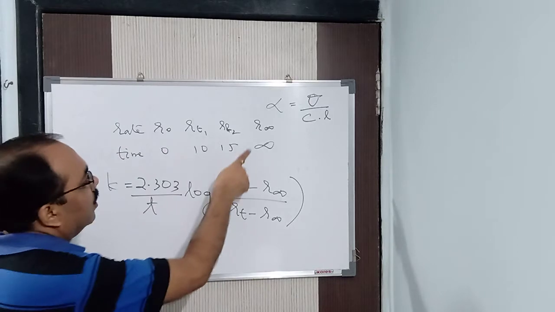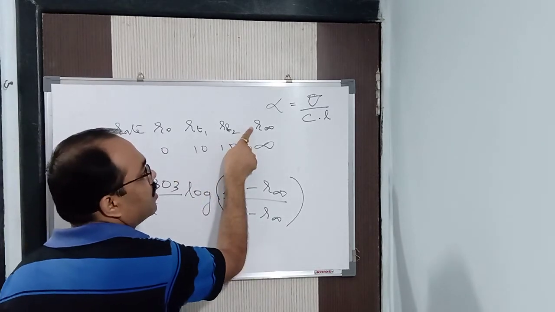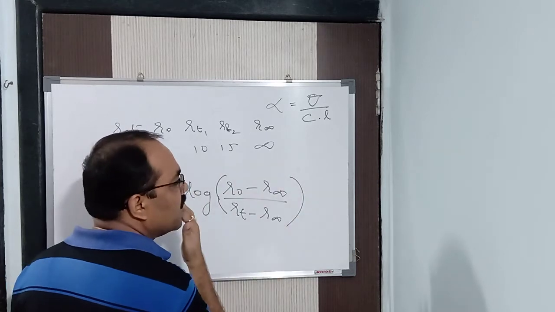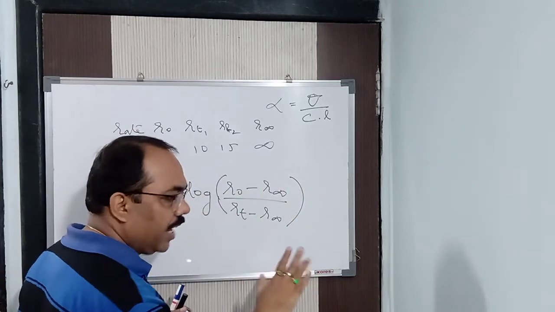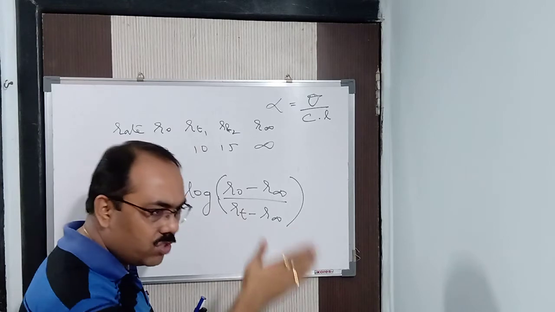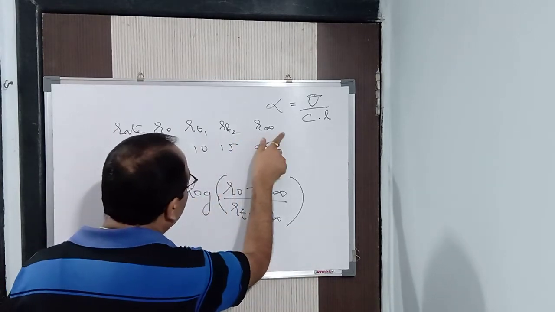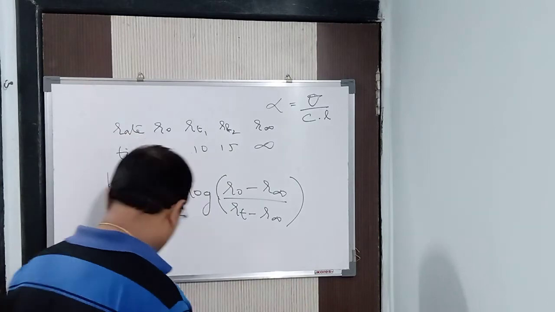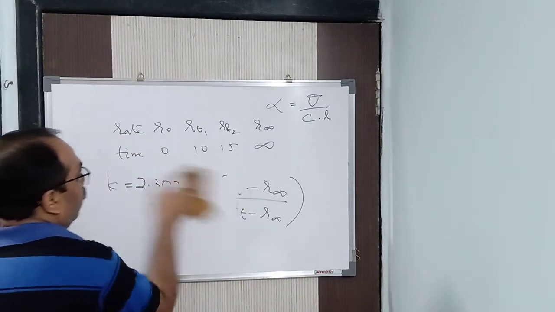Definitely, only when the time is infinite does the value become negative. It goes on decreasing; the rate goes on decreasing in this way. When we are calculating for the concentration, the rate goes on decreasing. So what I am saying is, it goes on decreasing, and hence ultimately it becomes negative when the value is infinite. Now I think it's clear to you. Okay, so this is the formula, you got it.